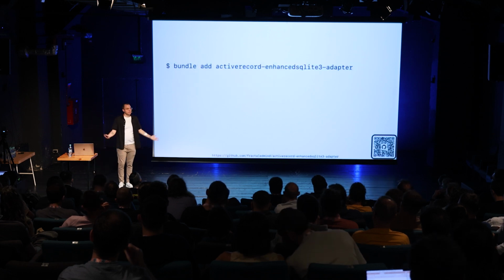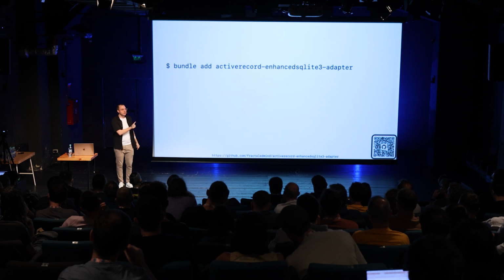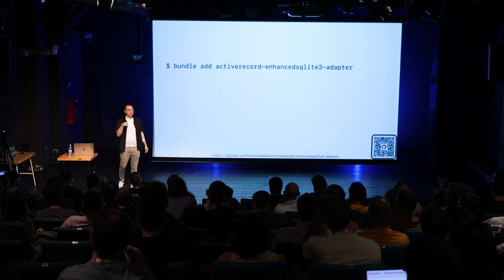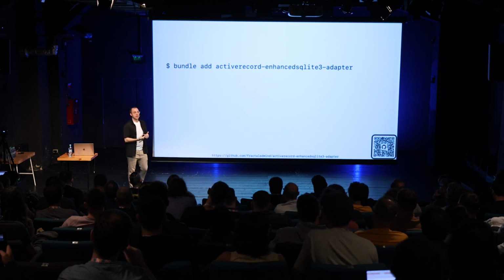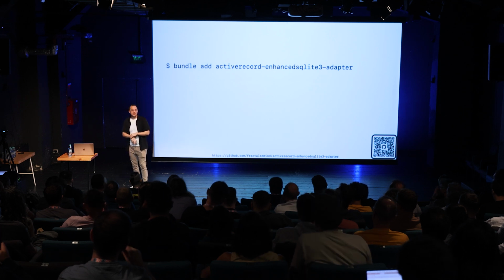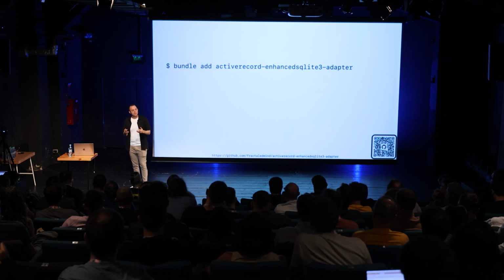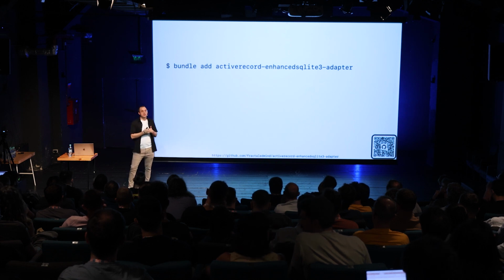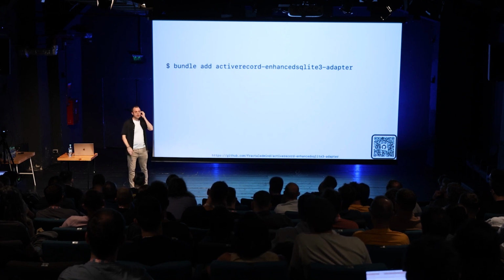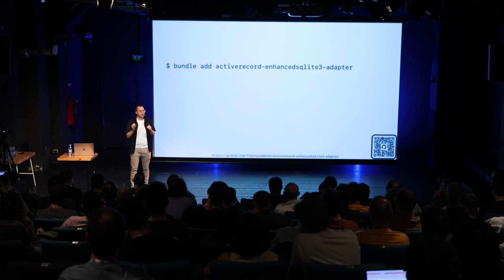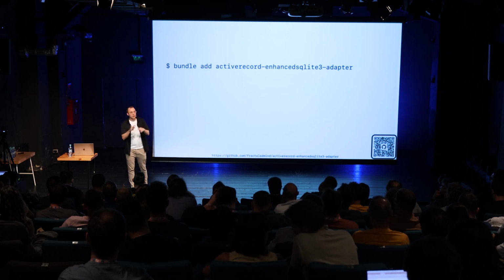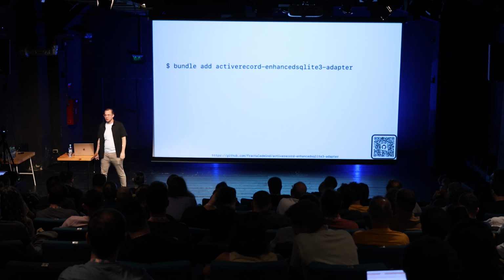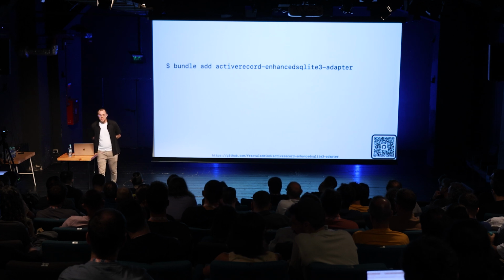How we solve them, actually super easy. Here's another gem. It's not quite as poetically named as Enlightenment. This is the Active Record Enhanced SQLite 3 adapter. Okay, maybe it is poetic actually when it sort of rolls off the tongue. But this gem will automatically configure everything for you. So you just run bundle add activerecord-enhancedsqlite3-adapter, and you're good to go. That's what the script does. The first step is just adding this gem, and the gem will automatically register itself as a Railtie and get everything configured for you. What it's doing